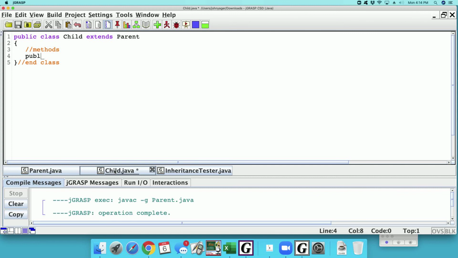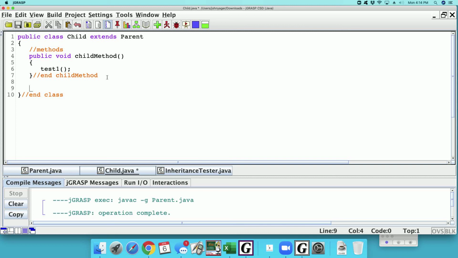We've got a public void child method, sorry, childMethod. And in this one, we're going to call the method test1. Then we're going to add another one. Oh, we need test1, right? Public void